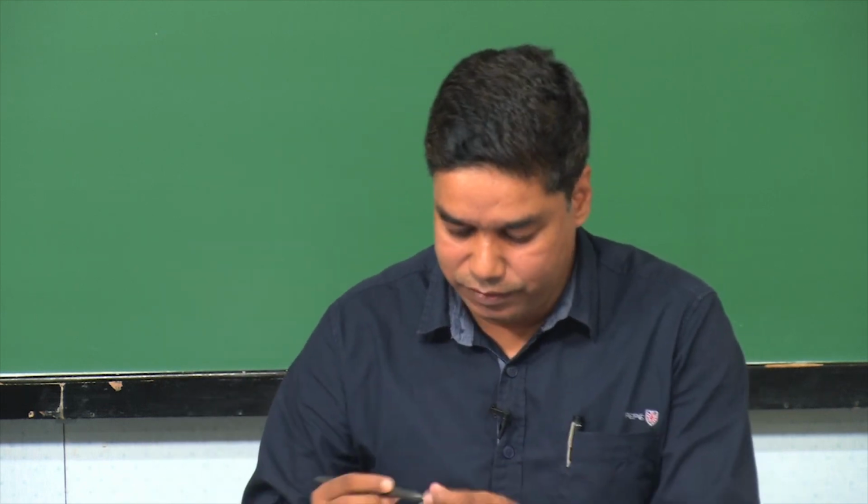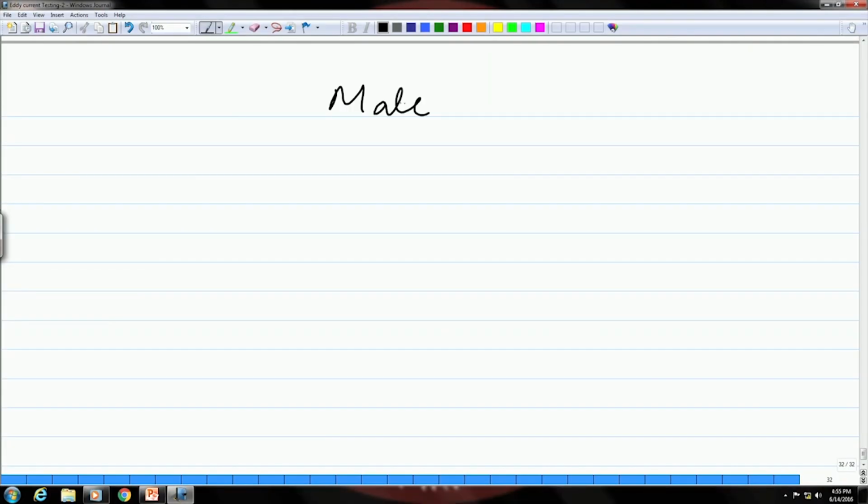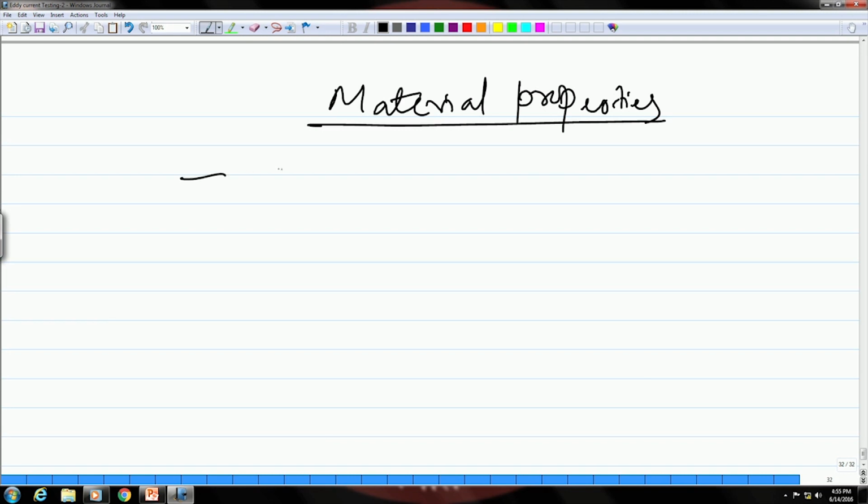Let us talk about those also, because when you do eddy current testing you should be aware of all the factors which could affect the test results. So, if you talk about the material properties first, factors related to materials are these: